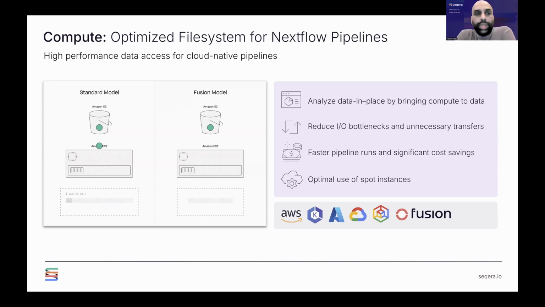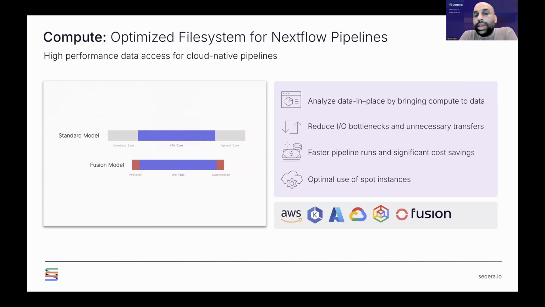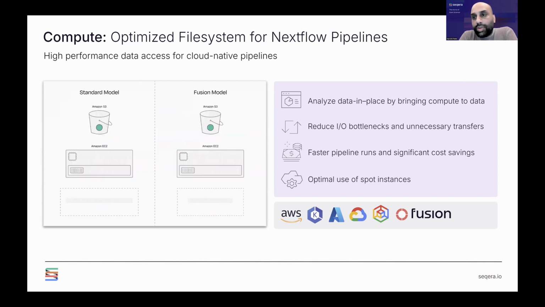Another option with our compute is the fact that we have also developed a file system called the Fusion file system. What that allows you to do is essentially treat blob storage like a local file system. With Fusion, you essentially mount blob storage into the containers where Nextflow is running. Typically that wasn't the case historically, and so Nextflow would have had to copy all of the data that you need to run individual tasks, whether that's a genome reference or